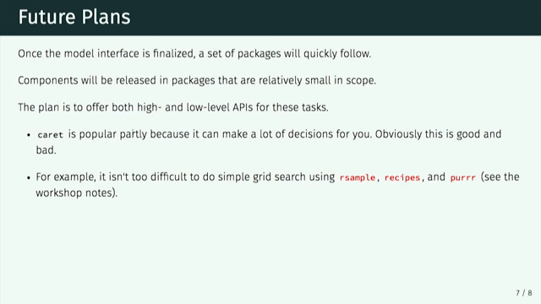So the goal here for tidy modeling is to have small in scope packages and functions. And if you want to roll your own, we'll have plenty of examples in code to do that. But we will have higher level APIs like we have with caret. So if you say, I don't really know anything about partial least squares, but I know if I do this, I'll probably get a good model, we'll have both the higher and lower level APIs that do that.